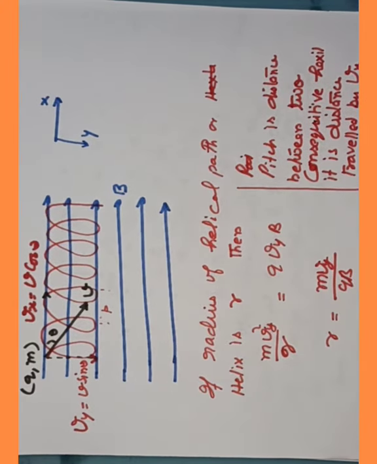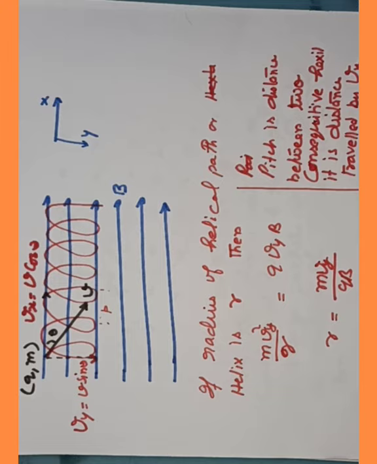Up to yesterday I talked about the force experienced by the charged particle when introduced in a magnetic field. Basically, what happens when the charge is introduced in the magnetic field or is moving in a magnetic field is that it experiences a force. That force is called the magnetic Lorentz force, given as F equal to qvB sin theta, and theta is the angle between the magnetic field and the velocity of